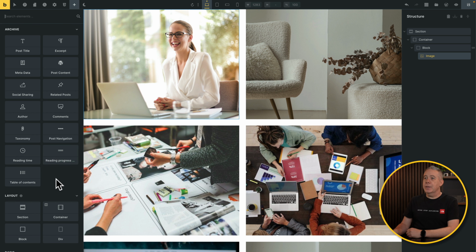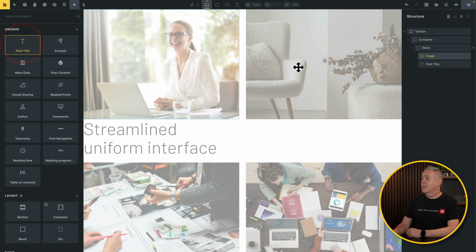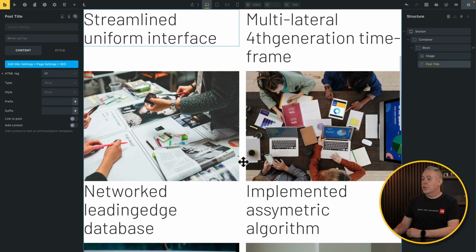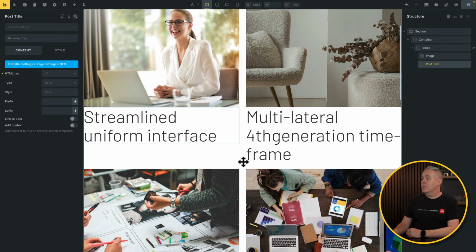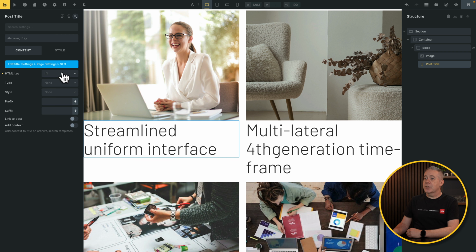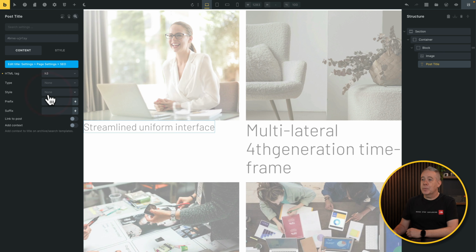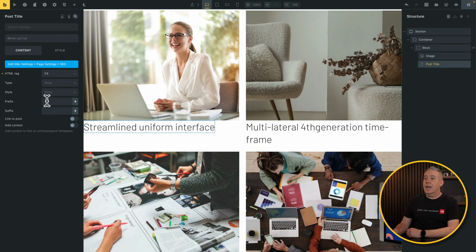So the next thing we want to do is pop in the post title. We'll just choose the archive option, choose post title. Boom, there's our post title, and each one of these now has the post title added. Looks absolutely terrible, but that's fine. We can just select it, set this to be H3 to be semantically correct, and we can come into our